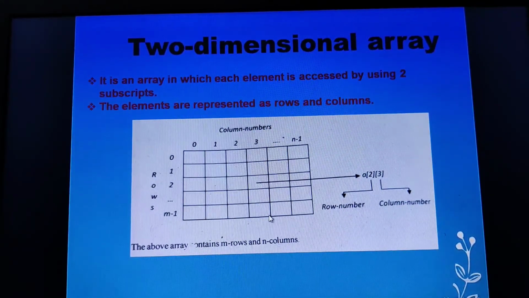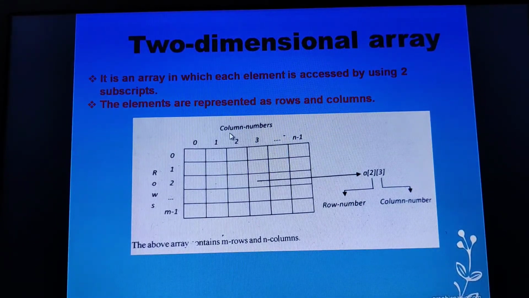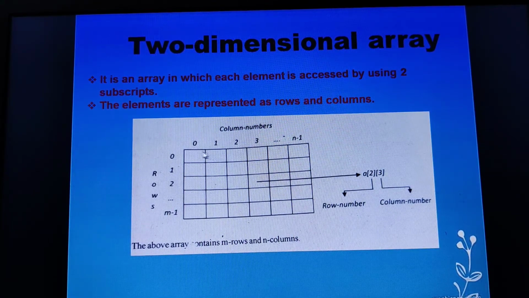Now let us see this image, wherein you can see the column numbers 0, 1, 2, 3 up to n minus 1. We know that array subscripts always start from 0. Whenever it comes to rows also, when I say the size of the row is 2, it will start its position from the 0th location, so 0, 1.